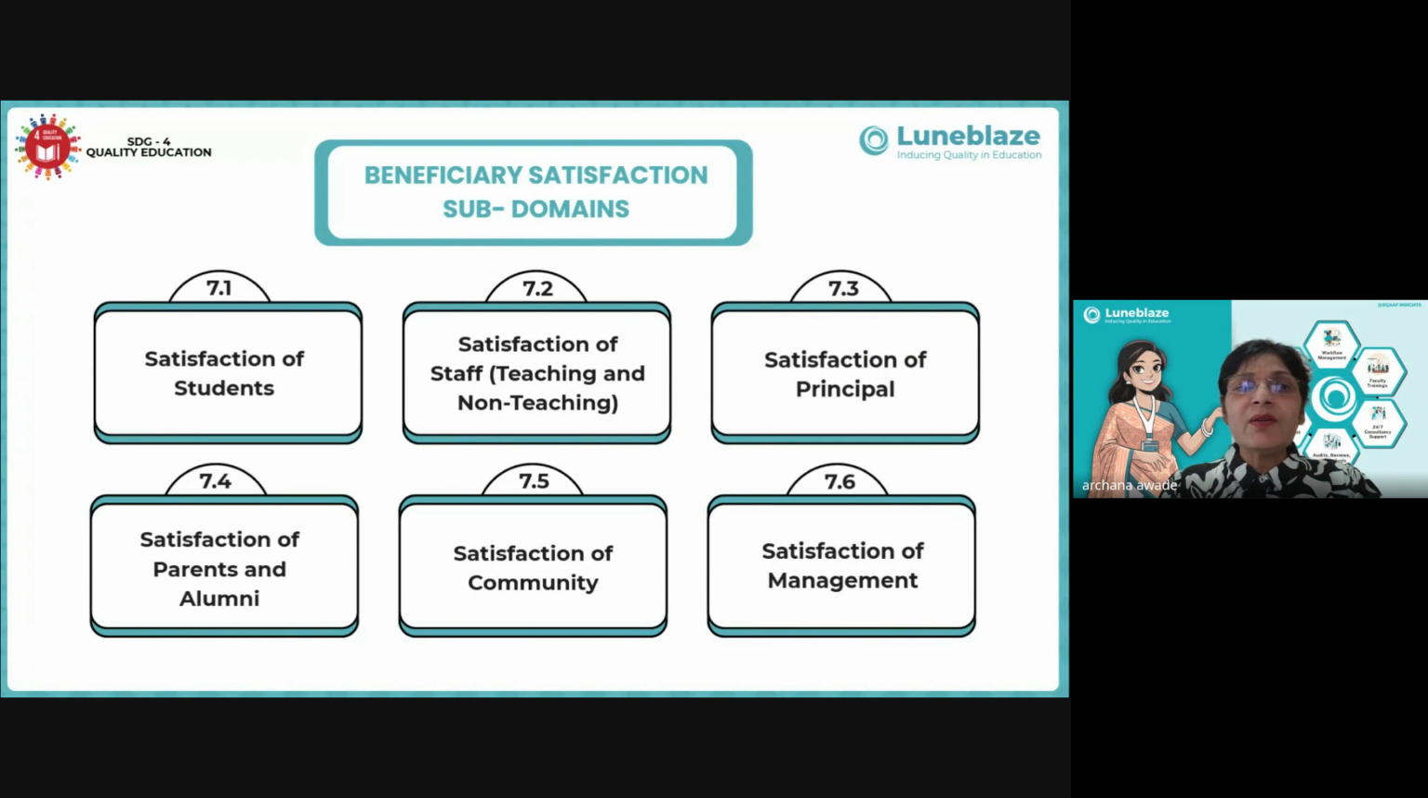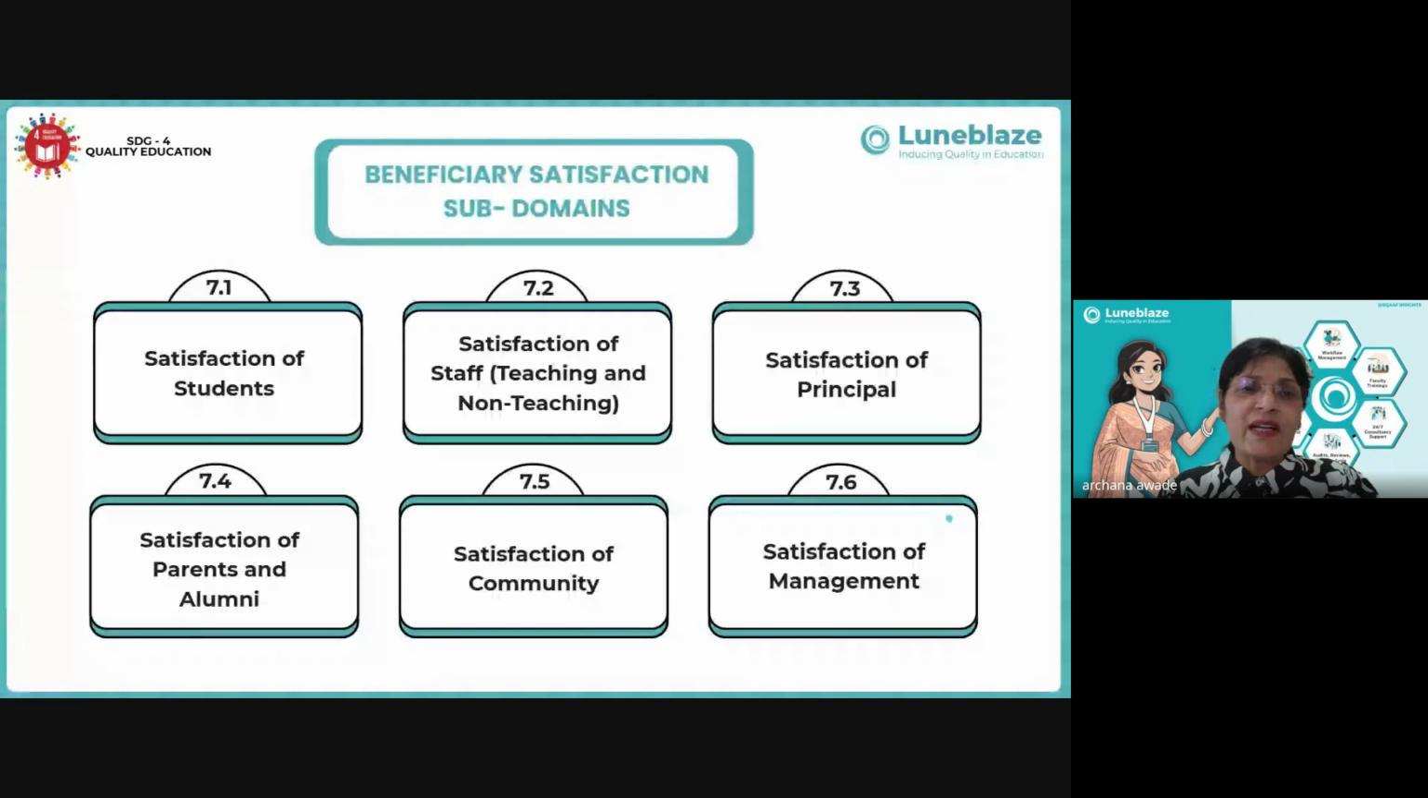Then satisfaction of community. Schools do not exist in isolation. A supportive community ensures partnership, resources, and goodwill. A school that collaborates with local NGOs or organizes health camps earns community trust. Satisfaction of management is the sixth subdomain of beneficiary satisfaction. For management, satisfaction comes from achieving the school's vision, ensuring sustainability, and building reputation. If a school is seen as progressive and trusted in the region, the management feels satisfied and its mission